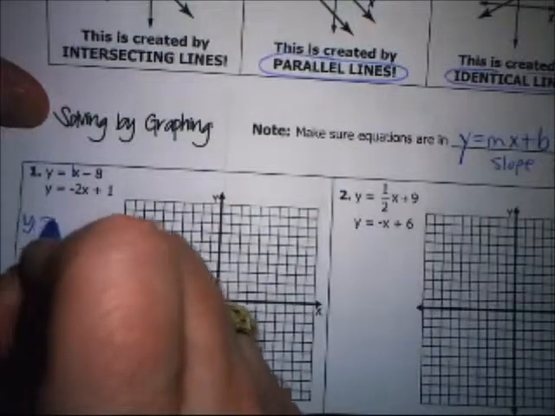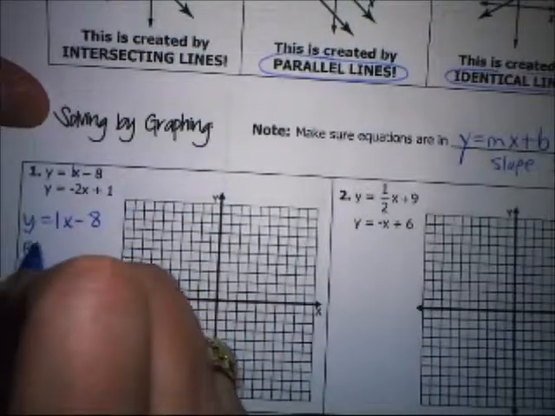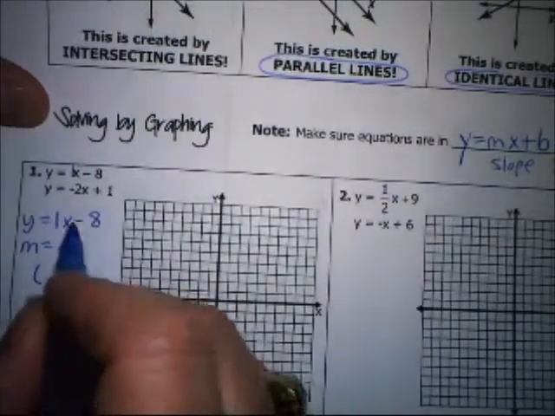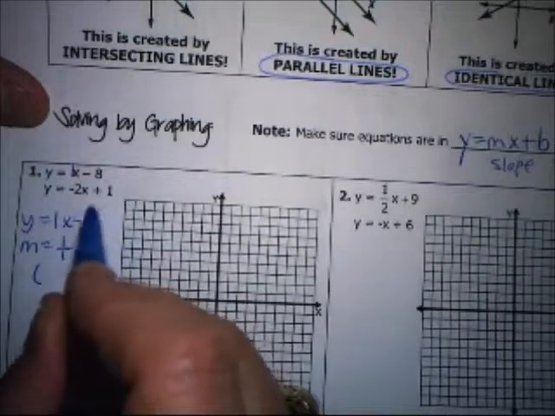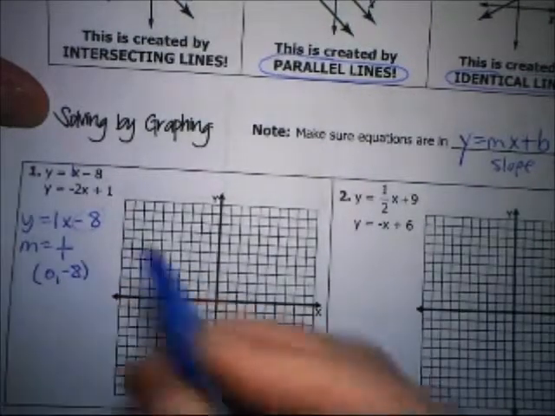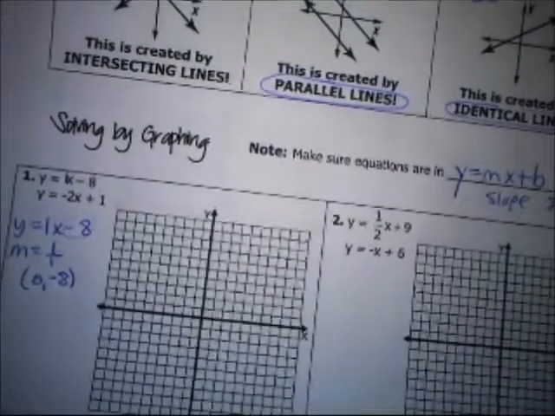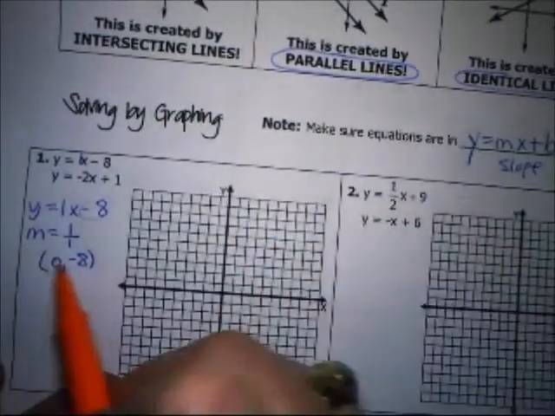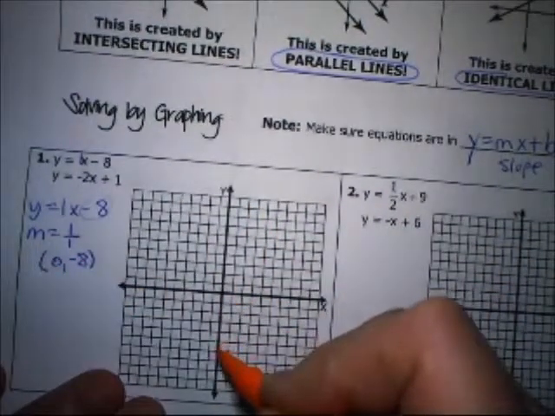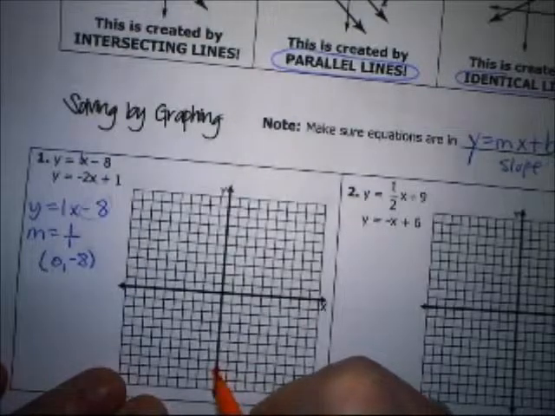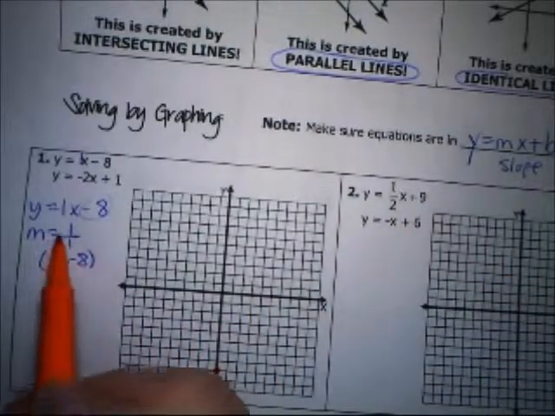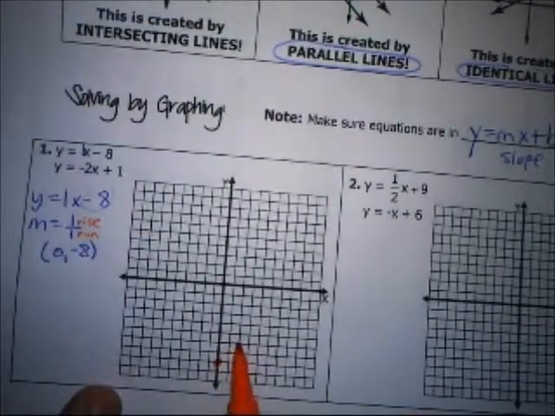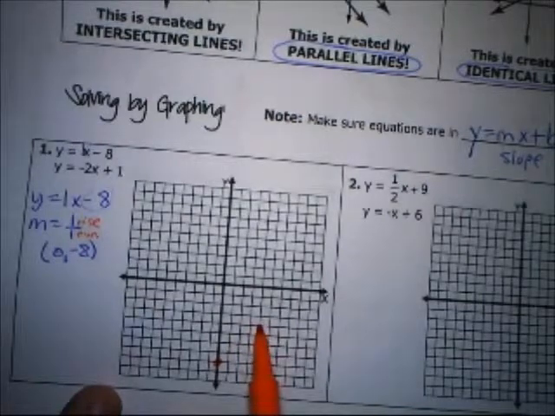So for the first equation, I'm going to say my slope is 1. I'm going to put it 1 over 1, because slope has to be a fraction. And then remember, the constant that's by itself is our y-intercept, so I'm going to write that as a point, and that'll be my first line that I draw on my graph. So 0, negative 8 is down here, and then remember your slope is your rise over your run, so from here I'm going to go up 1 and right 1 and continue that pattern